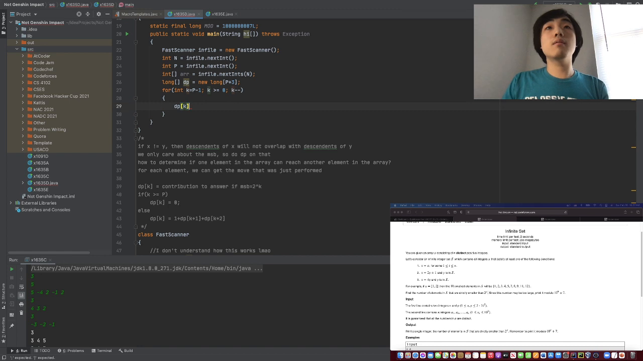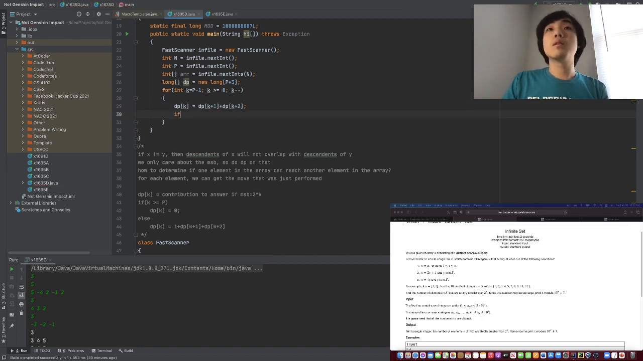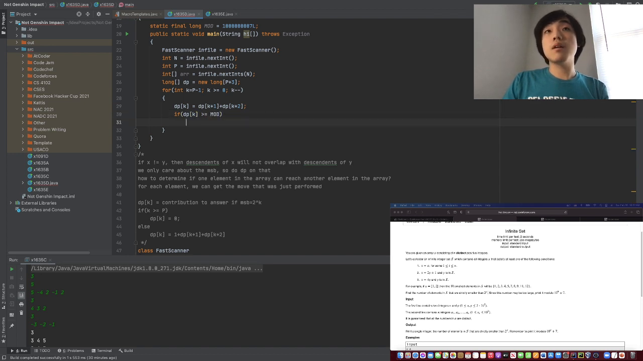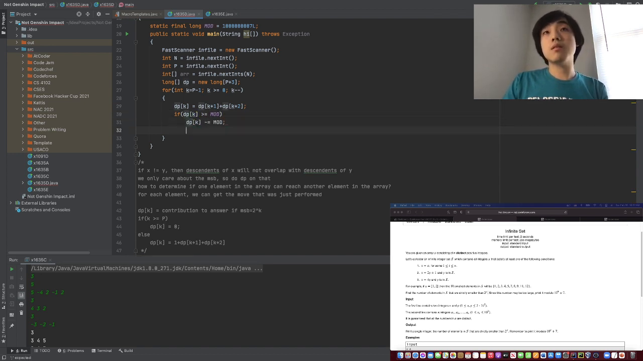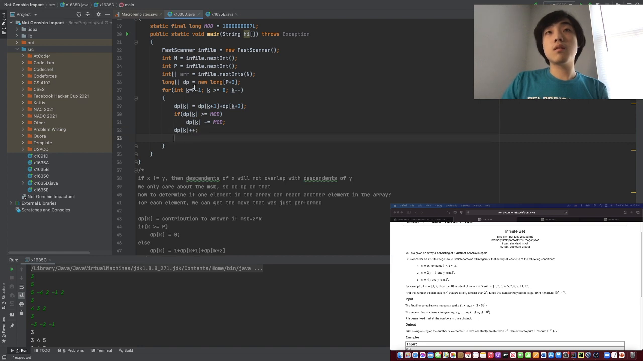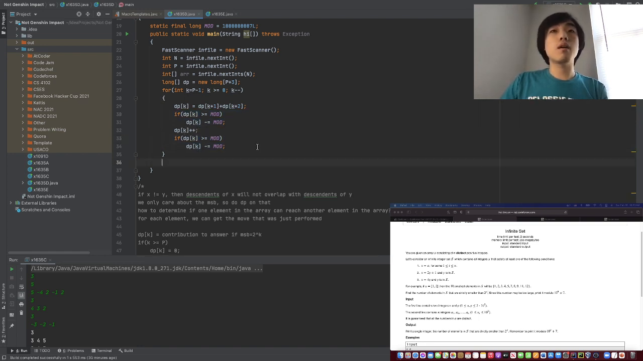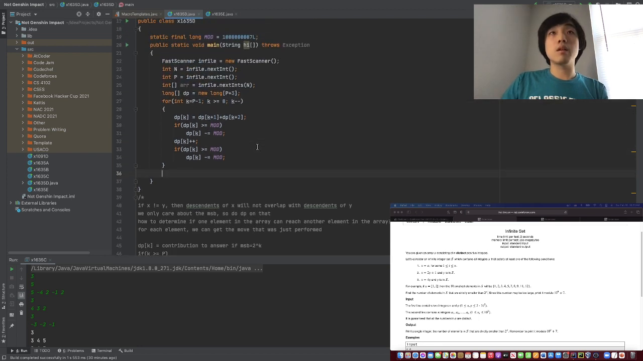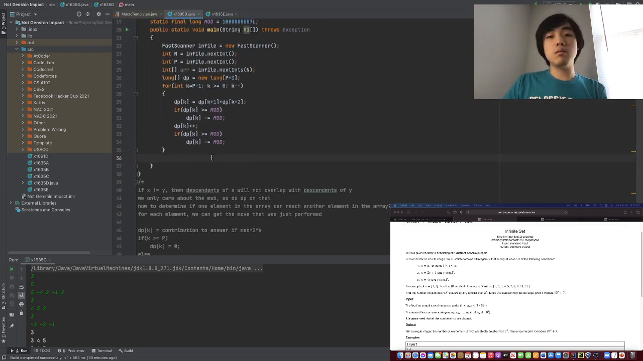So dp at k is equal to dp at k plus 1 plus dp at k plus 2. And if dp at k is this, then we do the same thing up here. Yeah, because then it's like 1 plus that. Okay, so we already read in the array, so then we can use a,